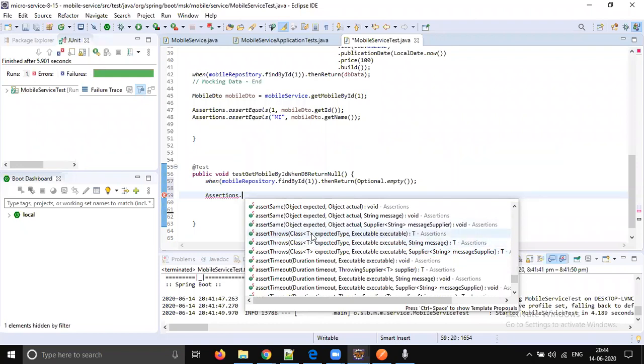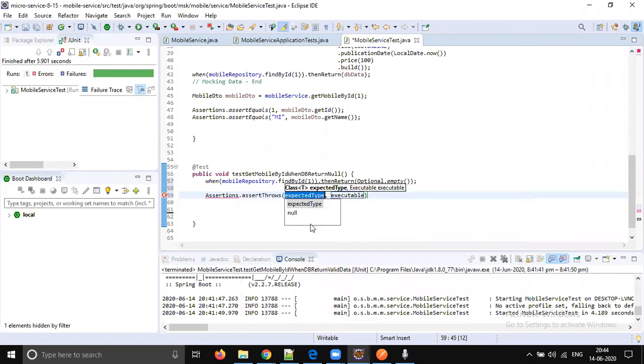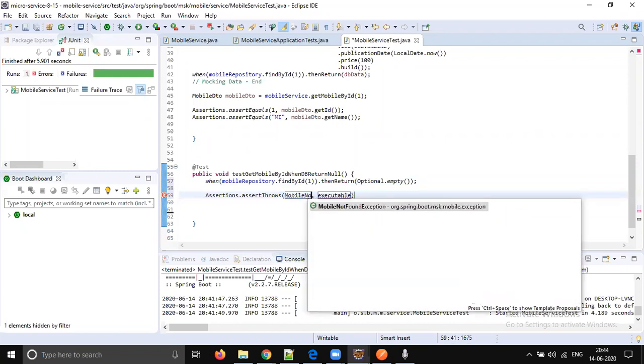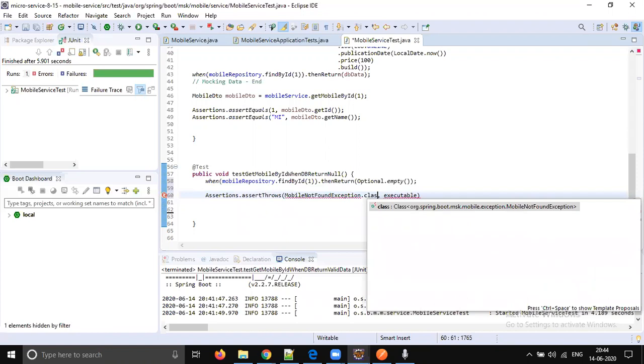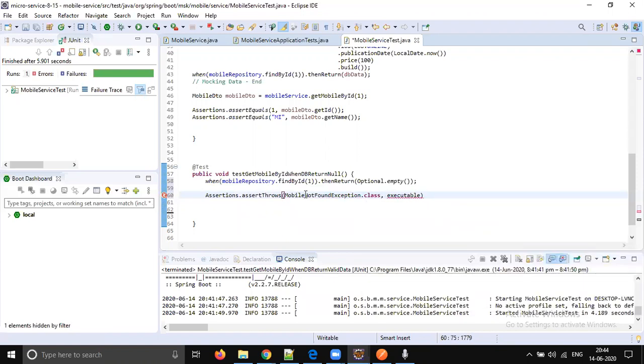This one: the expected type, what exception type you are expecting, and the second argument should be your method call. So when there is no data from the database, we are expecting mobile not found exception, and the second argument should be the execution of the method call. So it's going to be something like this.